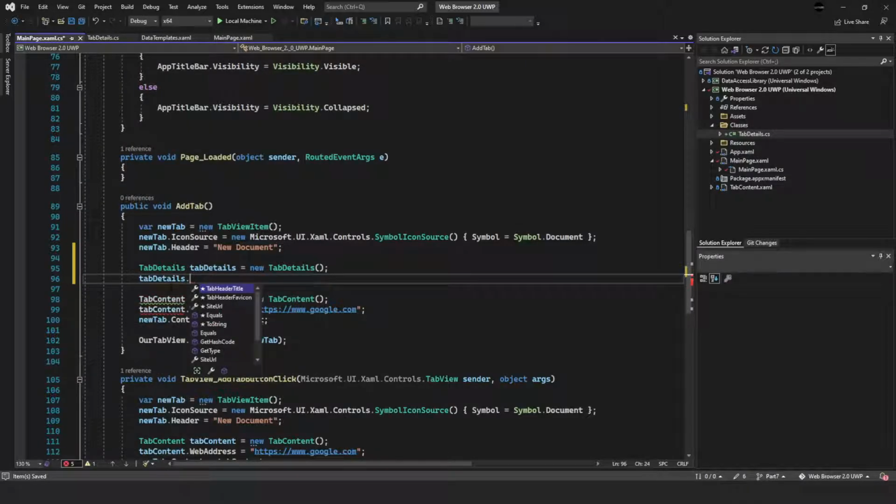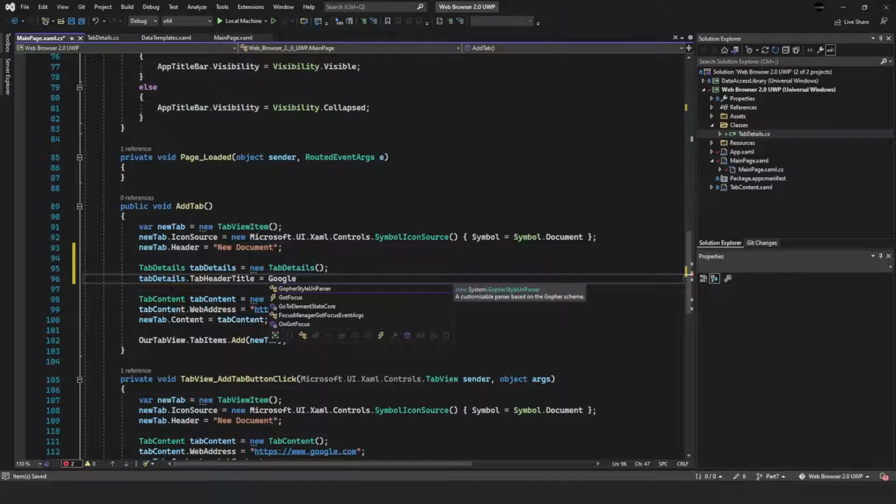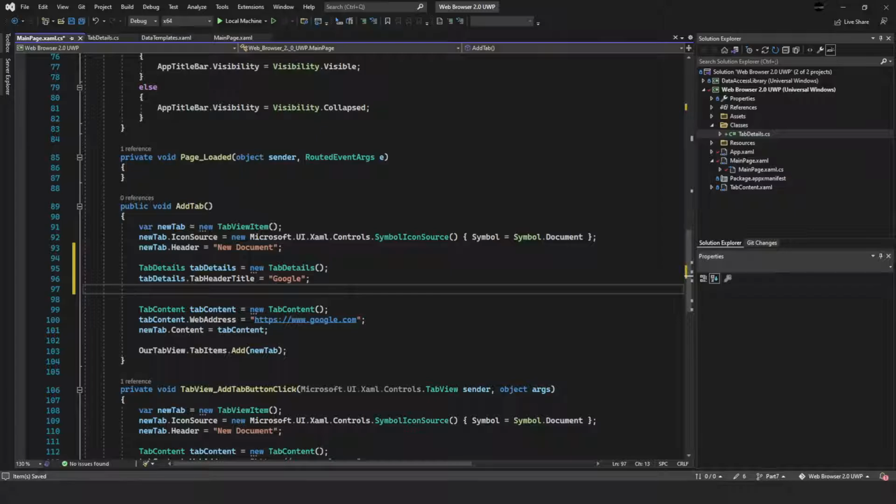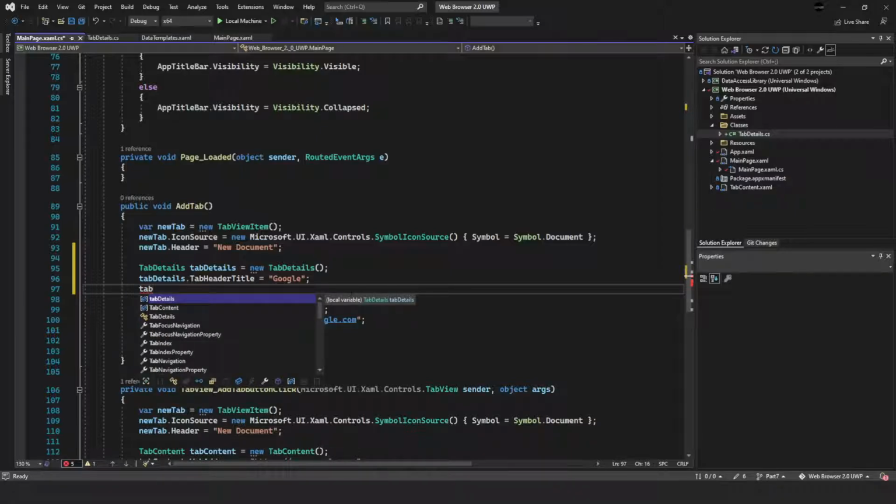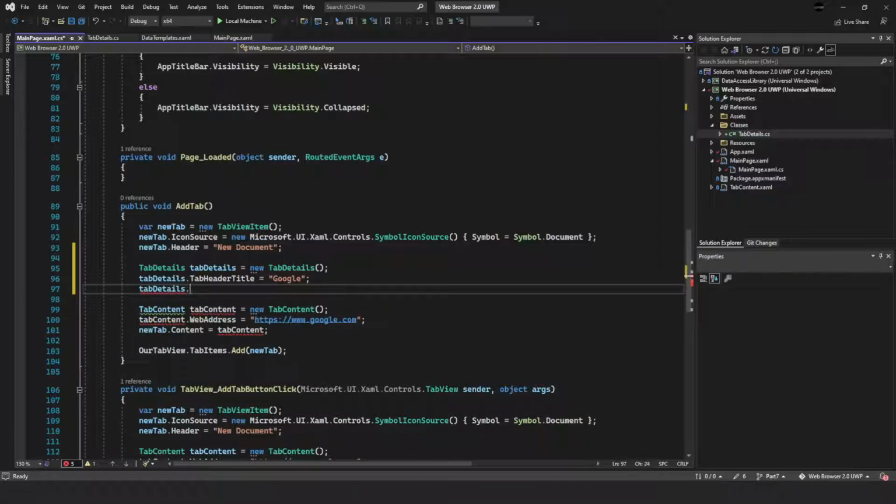Tab details dot header title equals, we'll call it Google because that's what we're loading. Tab details dot site URL equals